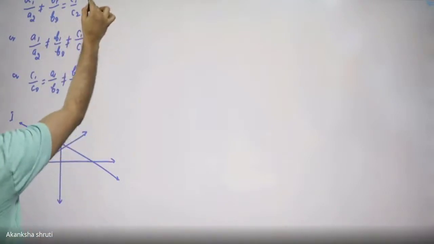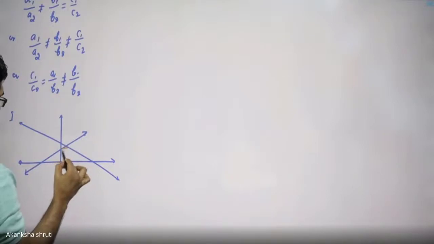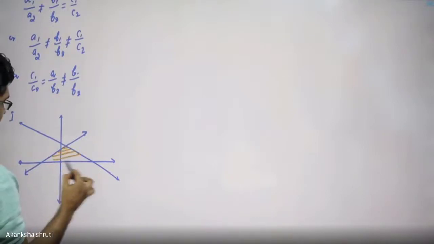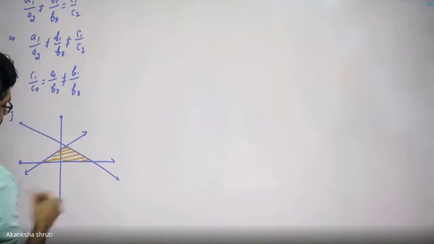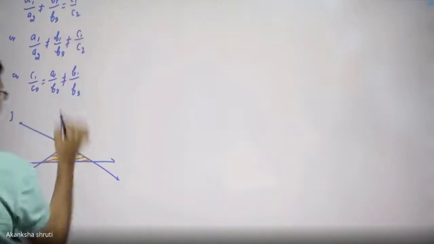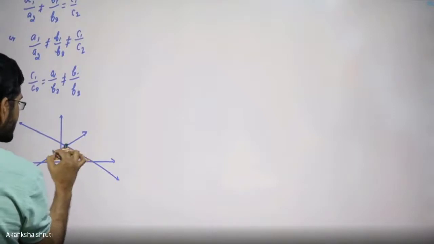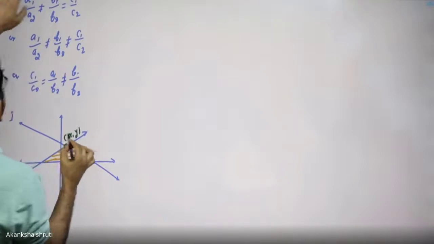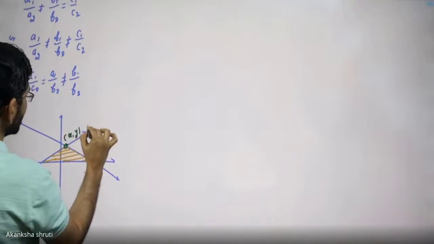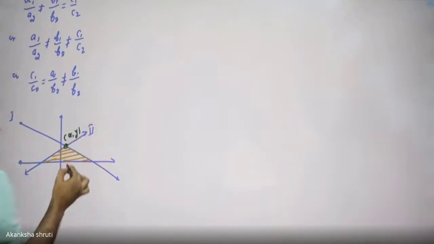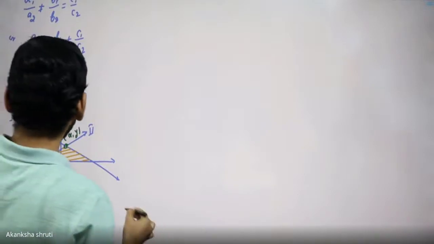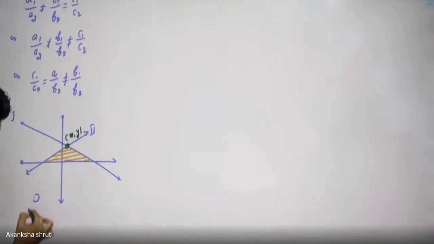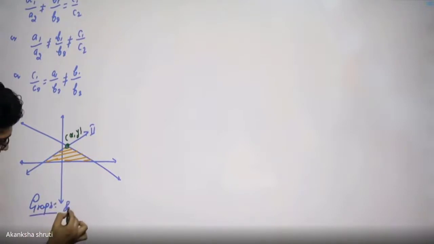Many types of questions are asked. What is the area between these two lines and this x-axis? So you need to allocate it properly and find their area. So students, the point where they are intersecting, this is the coordinate of x and y which lies on both line 1 and line 2. Okay, so this is the solution. Students, we have to write that the graph is intersecting.